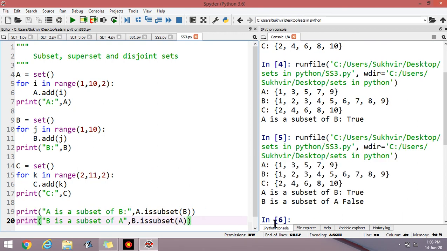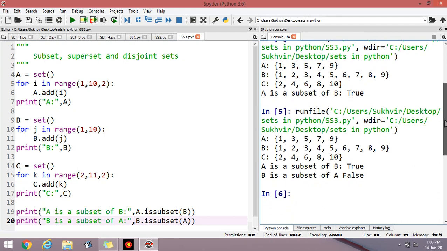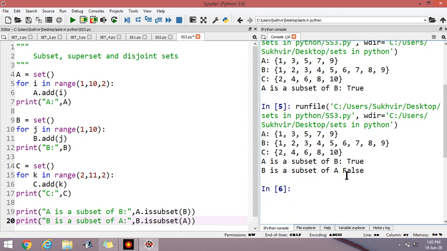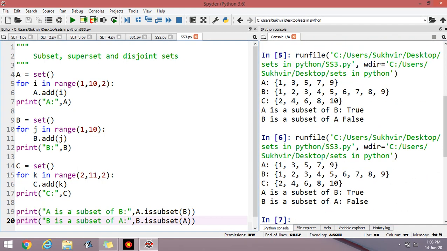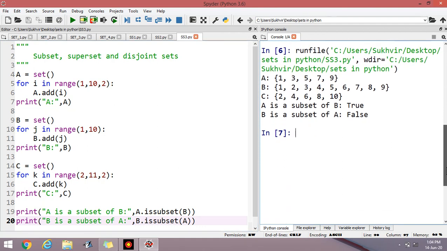B is a subset of A. It's false because all the elements of B are not the elements of A. 2 is not inside A. It means B is not a subset. Basically, it's the smaller set. B is not a subset of A.